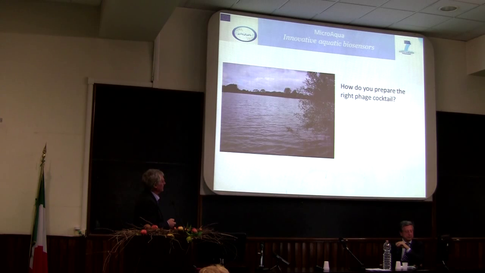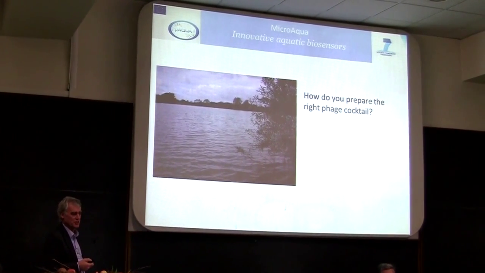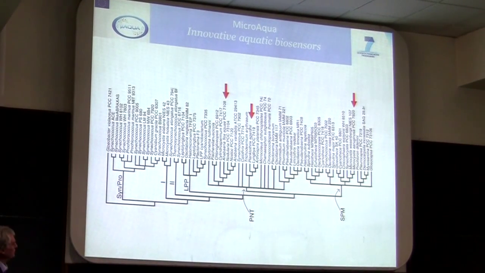One possibility is to use phage that have a very broad host range, and there are such phage. In the past, we've isolated a single phage that is able to infect several different genera of cyanobacteria. I can't actually read these names here. This phage is able to infect Anabaena, it's able to infect Planktothrix, and it's able to infect Microcystis. So it's infecting three of the major problem genera